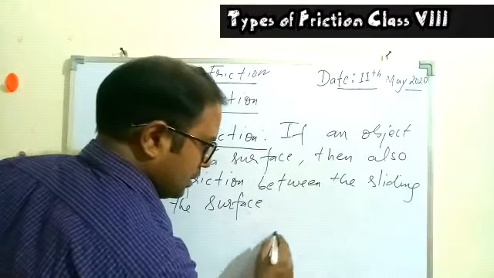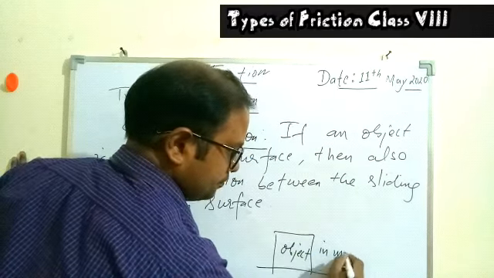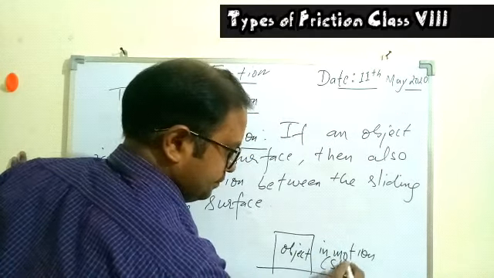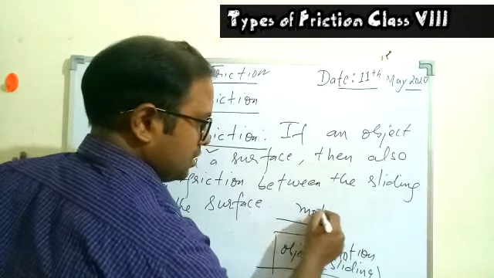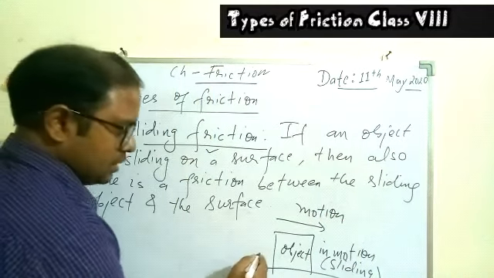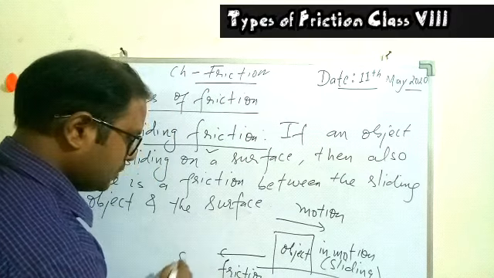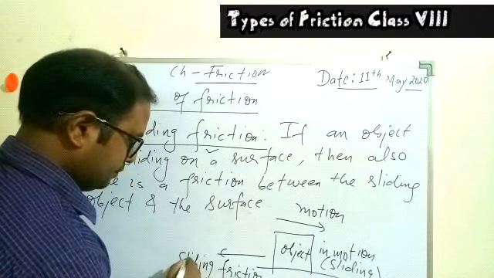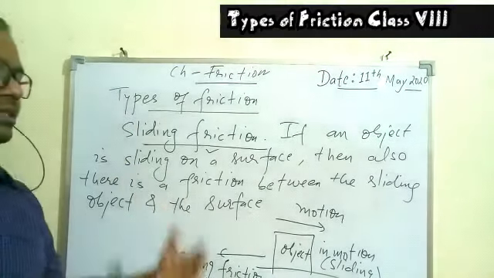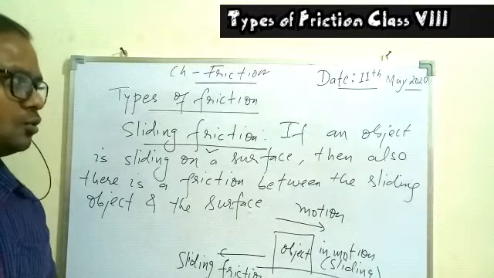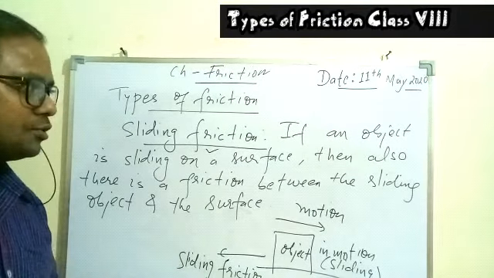So it is understood, any object that is now in motion and is sliding, so it is moving in the forward direction maybe, so motion in this direction forward, and the friction is acting in the backward direction during the motion, and this friction is basically called sliding friction. So that is how the static and sliding are different. Okay, so I hope you understood the difference between the static and the sliding friction.